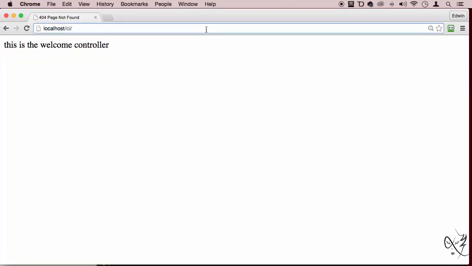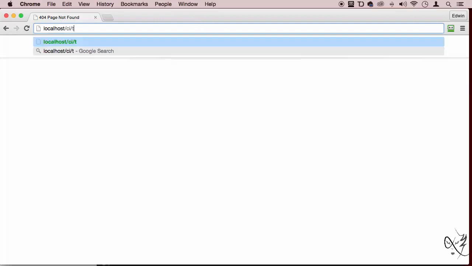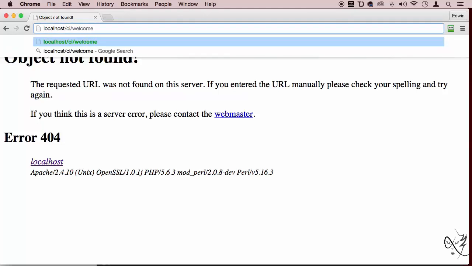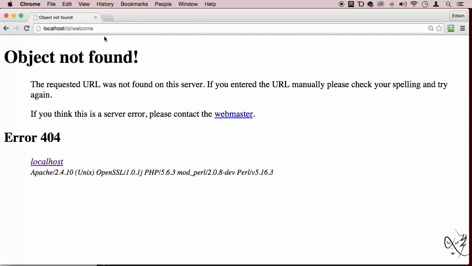Let's actually go to the next method. So how do we go to the next method? Can we just type in test here and enter? Of course not. It's not going to find it. Why? Because we first need to type in the controller name. The controller name is welcome. Now if we type in welcome, we don't get anything here. Alright, why is that? Well,